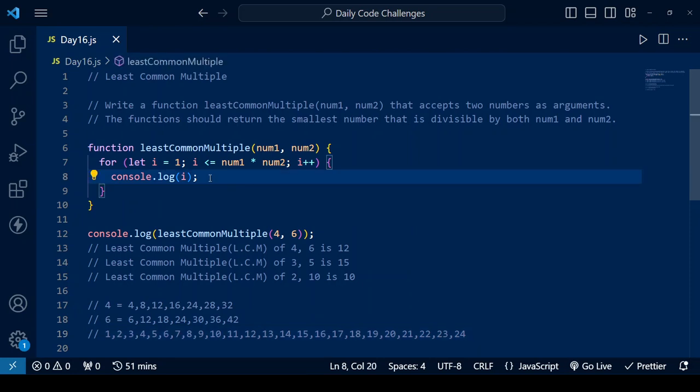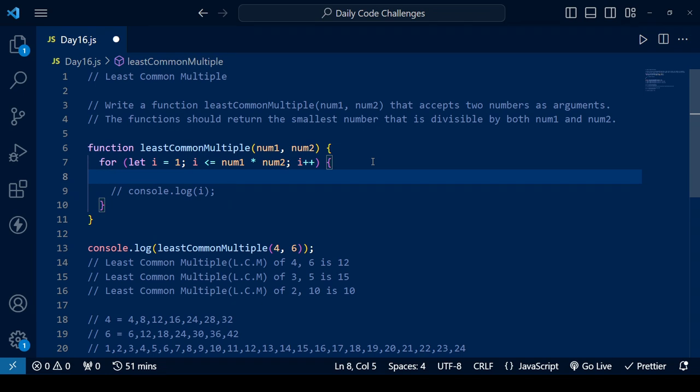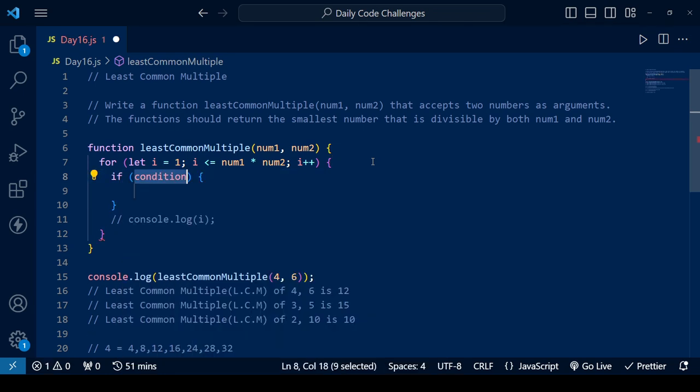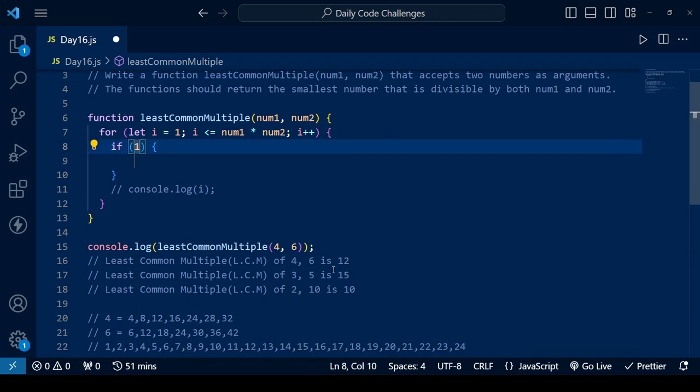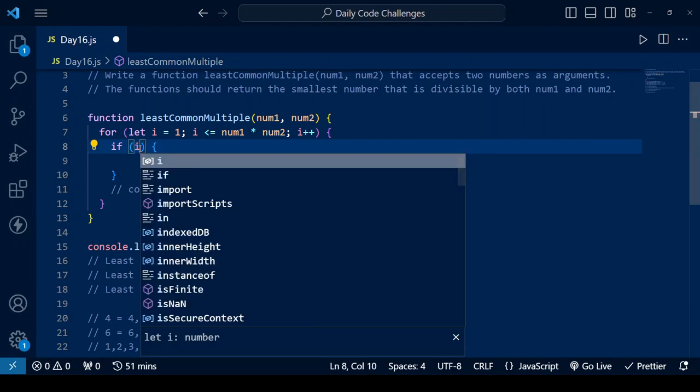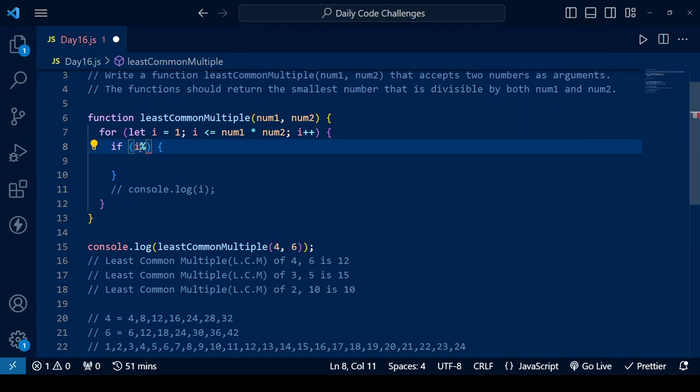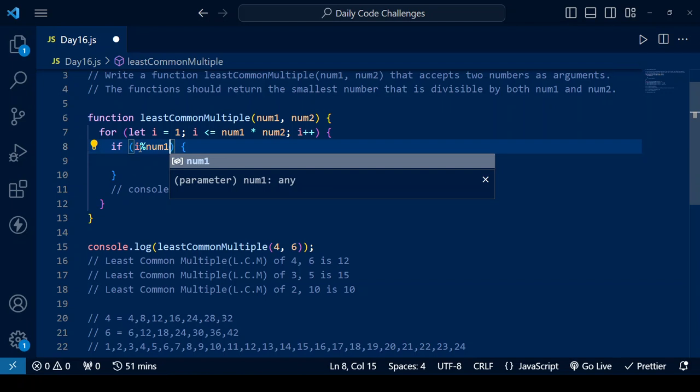So we are simply going to comment this log part and then write a conditional statement. We say if i, which is the iterated value, each of the iterated values here represents i. If i modulus num1 equal to 0